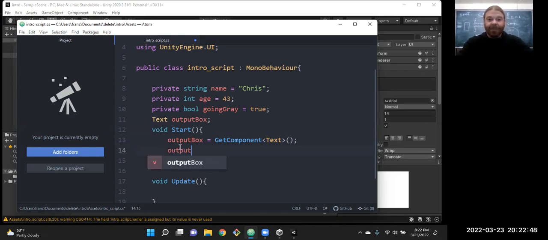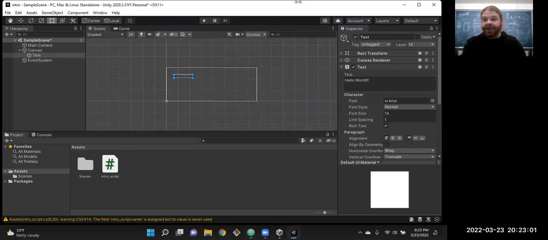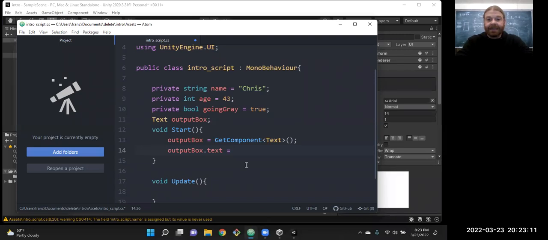So we have our output box, and that output box we just grabbed off the inspector has a text component. And earlier when I wrote hello world in the text component over here, that's what showed up on the screen when we ran it. So that's the data field we want from that component, because we want to change what that is.